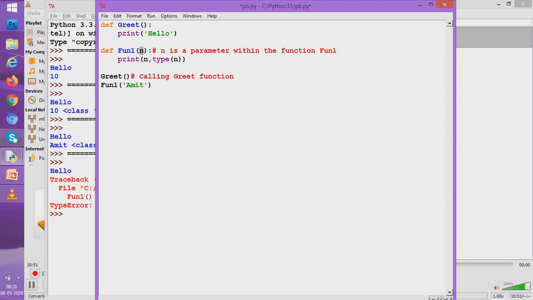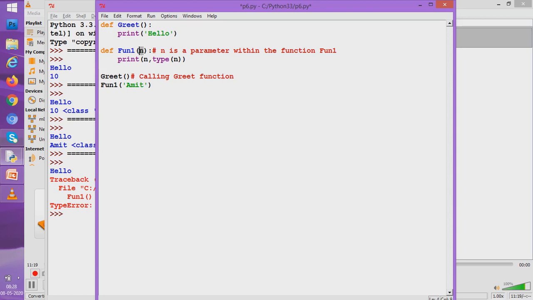Actually, we can well understand why it is said to be a formal parameter. It is said to be a formal parameter because it is waiting for a value that is to be passed to it. So we can say it is formally waiting for that value. And what value is actually being sent to it? We are sending the string Amit.